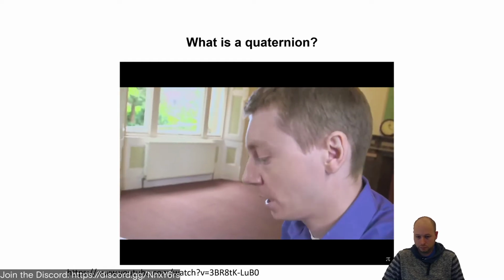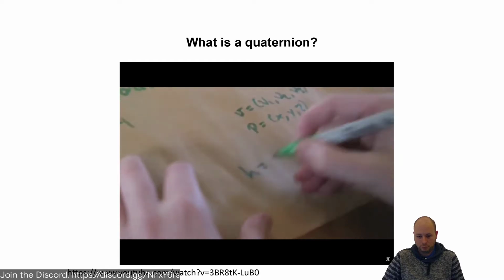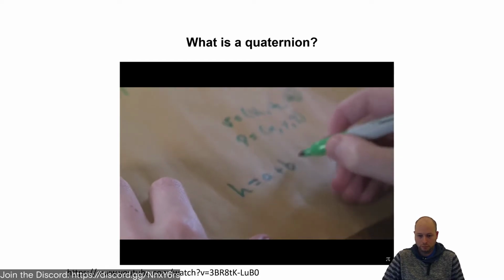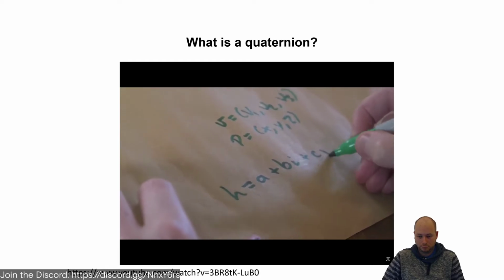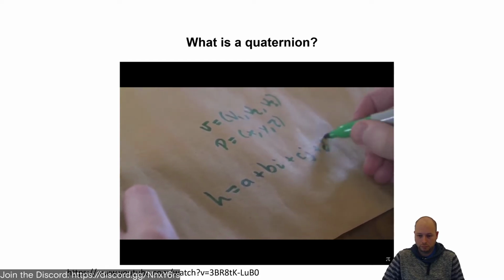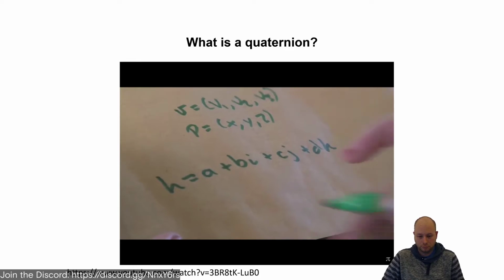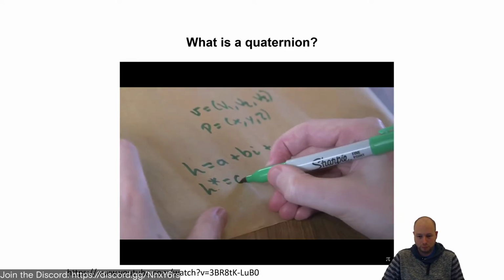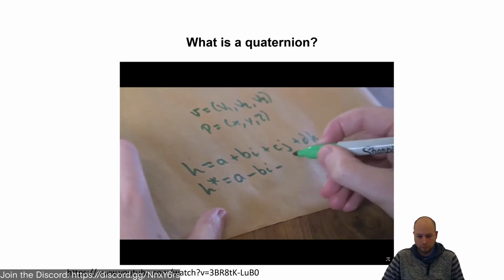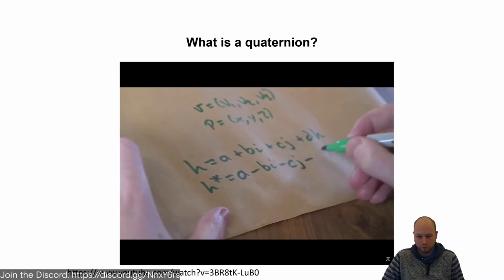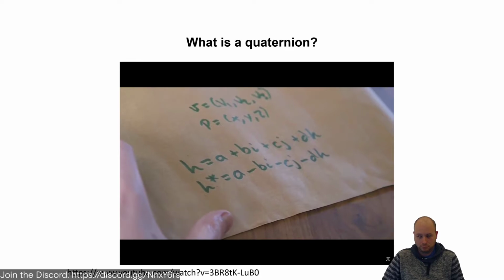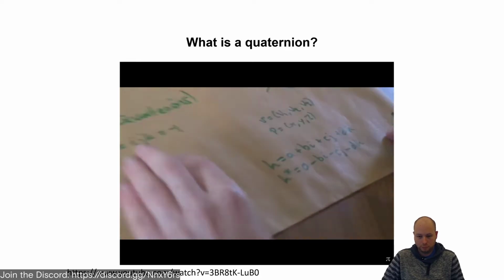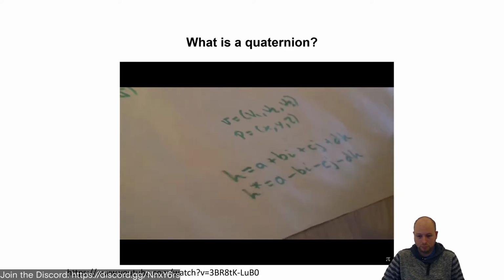It looks like this. A quaternion, let's call it H, would be something like A plus Bi plus Cj plus Dk. And actually for this I do need another little thing, something called H star. And H star is A minus Bi minus Cj minus Dk. Right. If I want to rotate by an angle of theta, A, B and C are defined as A is